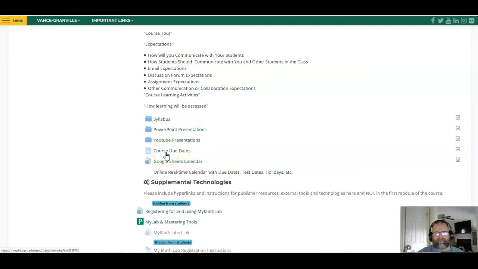The course due dates, this is when all the assignments are due. So you can open that up. Google Sheets calendar, this is going to be really important. So if you click on here,